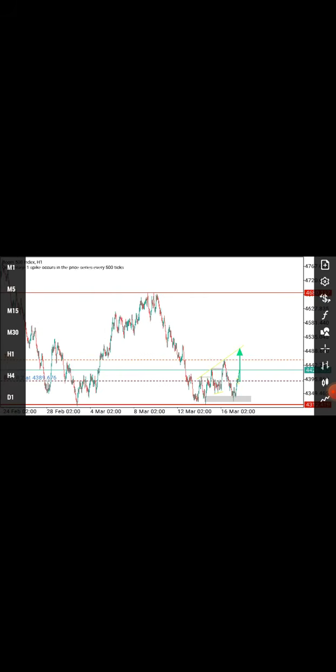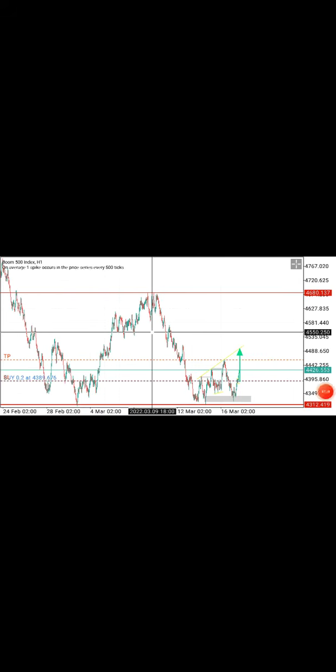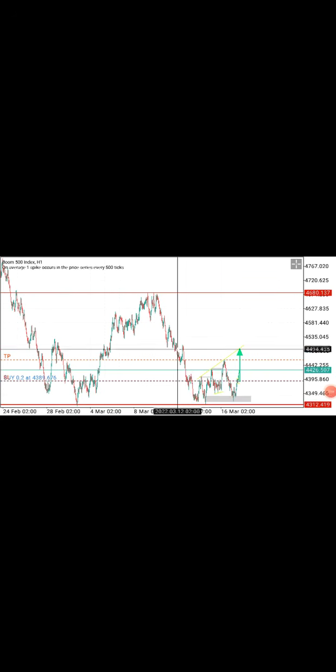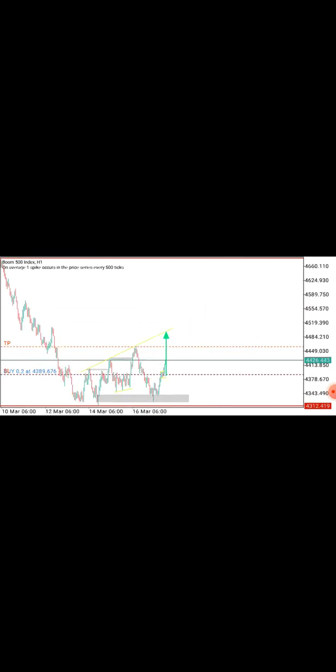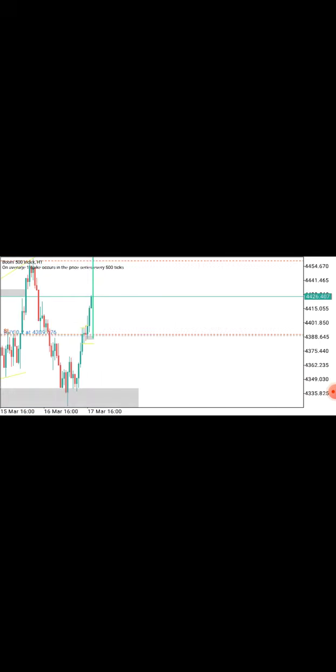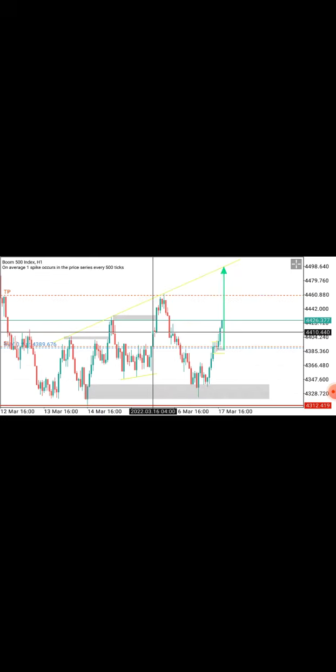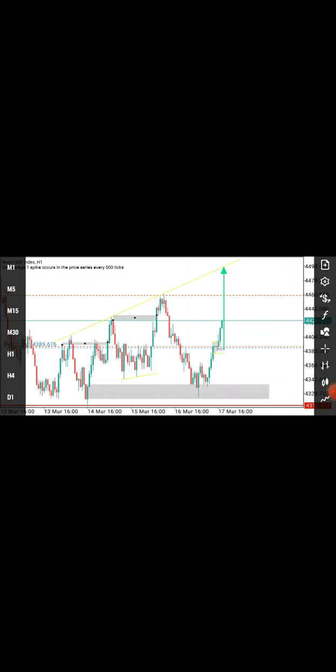So let's go. I don't even need to explain that, guys, because obviously if the market fails to break the low and it decides to respect it, it creates a double bottom. That shows that we might have a little strong momentum to the upside, right? Cool. It respected that. Right after respecting it, we went to the upside, and then as the market went to the upside, there are points whereby I marked with my rectangles, such as this point right here, such as this one too.